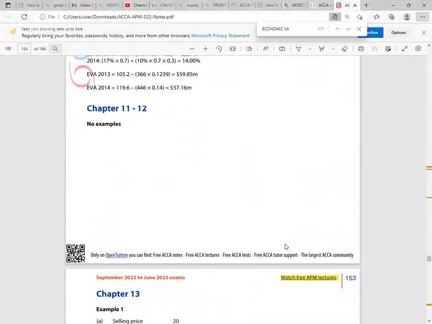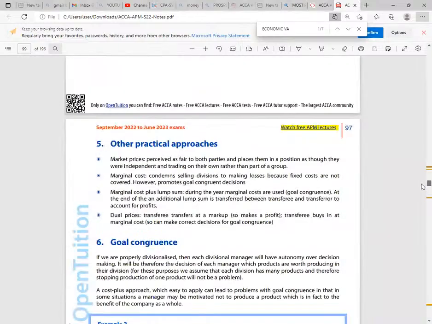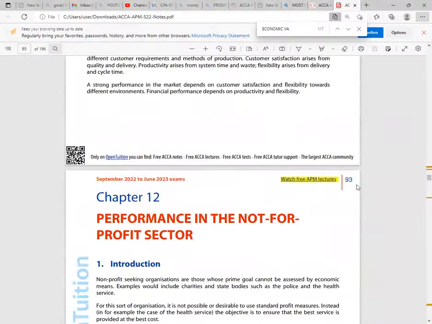So interesting, chapter 10. Here they are: 366, 446. Hey, I'm so happy. Great. Now, ladies and gentlemen, we go to the last stage. The last step in this particular